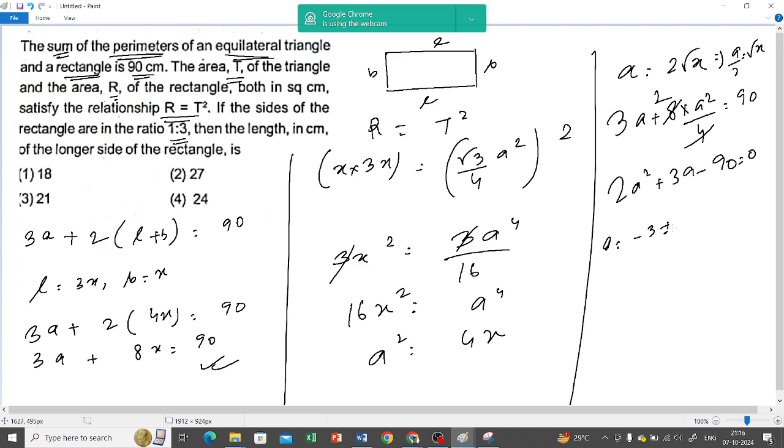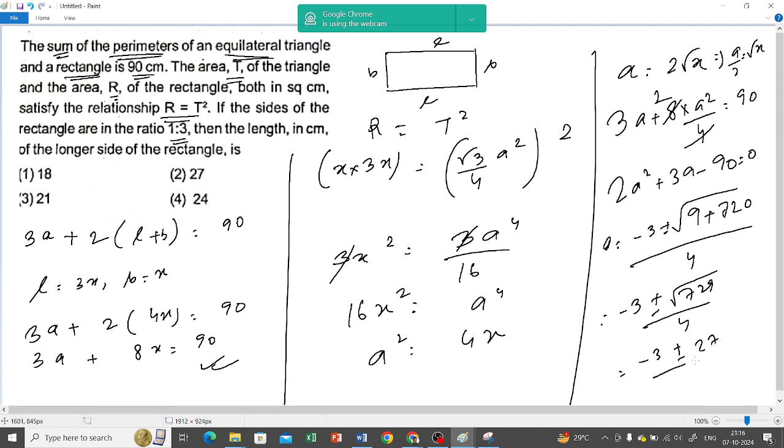So I can just solve it: minus b plus minus root over b square minus 4ac, that is minus 3 plus minus root over 729 by 4, that is minus 3 plus minus 27 by 4. Of course this cannot be negative, this will be positive, so 27 minus 3 is 24 by 4 is 6. So the value of a is 6, right? If the value of a is 6, I can easily get x, বার করো।